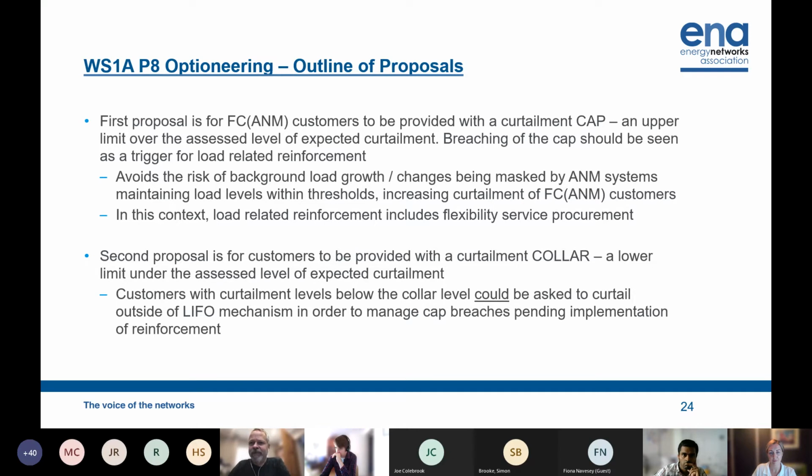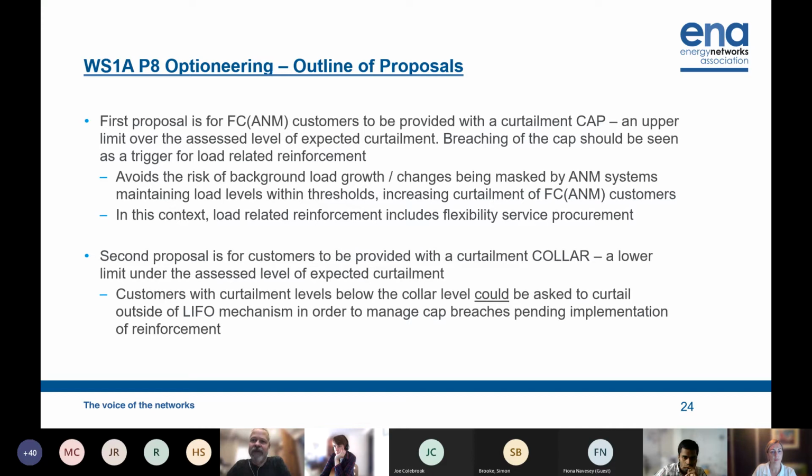In a nutshell, customers with flexible connection contracts, strictly speaking, the contract doesn't inherently have any kind of maximum or minimum level of curtailment that the customer can experience. So in theory, at least, the risk of curtailment is unlimited. And this obviously does present potentially a bit of a problem and certainly a challenge. So the idea behind the P8 product is to see if we can suggest a mechanism by which the risks can be bracketed to a certain extent to give customers a bit more certainty.